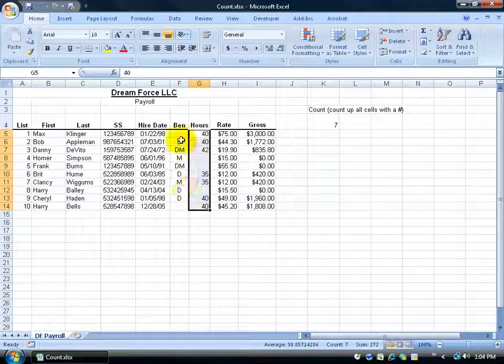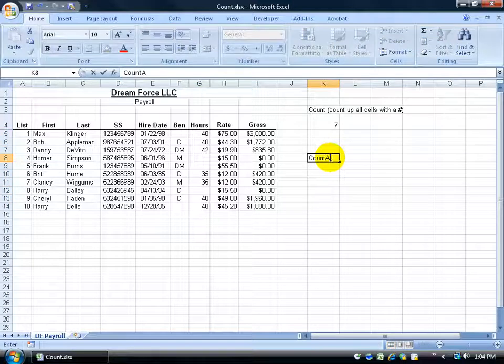Okay, next I want to count up how many people don't have benefits. So what I want to do is I want to use the COUNTA function, which again counts the number of cells within the range that aren't empty. So it's going to count everything that actually has something in it. To do so, I'm going to come over here and let's do it like this. COUNTA, which counts